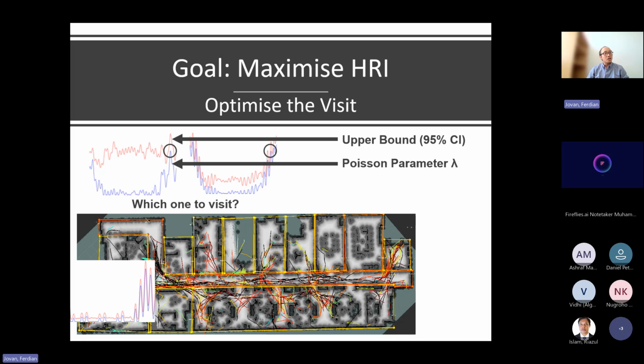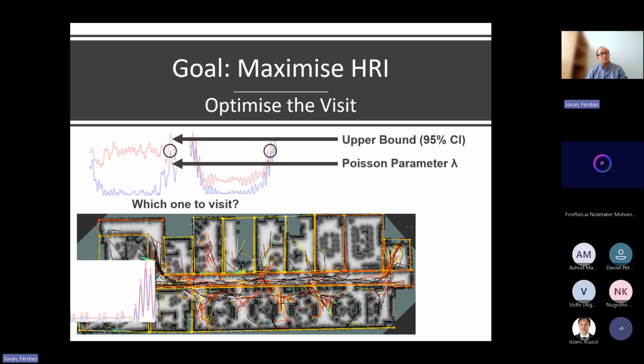The concept is very simple: let's say that the place hasn't been visited at all. Then the distance between the red line and the Poisson parameter lambda will be high. That means the robot is expecting to see this number of people at the higher end of the spectrum. The robot might see that many people there, or might not. So it's a kind of speculation, and you can think of it as an exploration strategy.